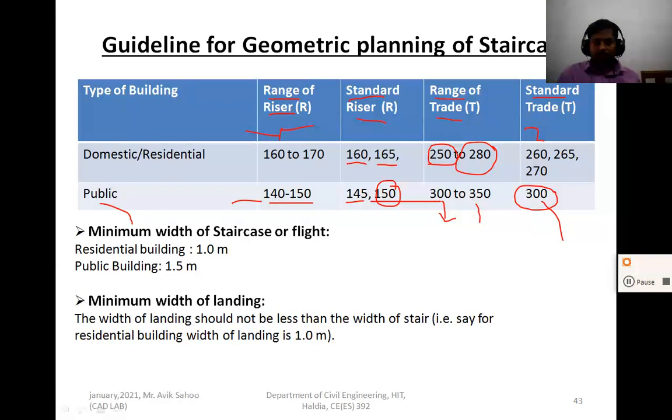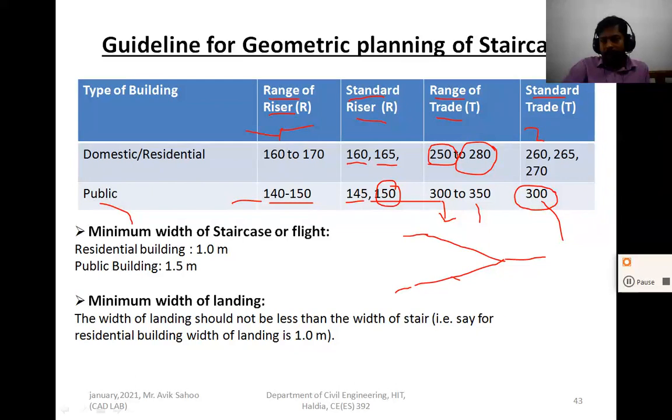Now the width of staircase. Width of staircase or flight: you see that this is a dog-legged stair. As I have said, in residential or public buildings dog-legged stairs are commonly used. This is the shape of a dog-legged stair.